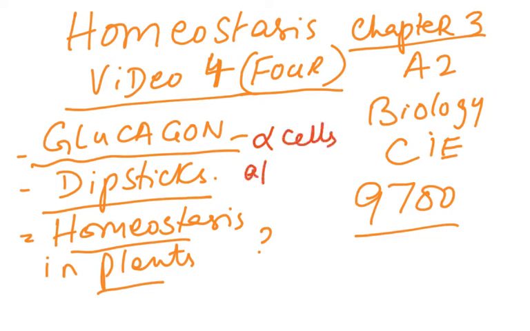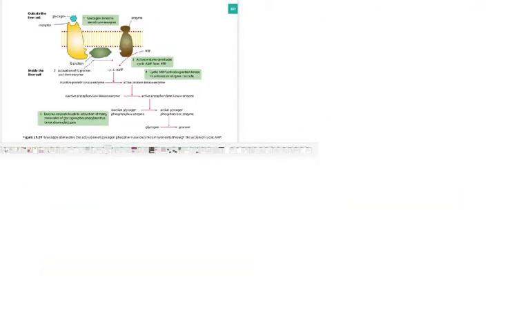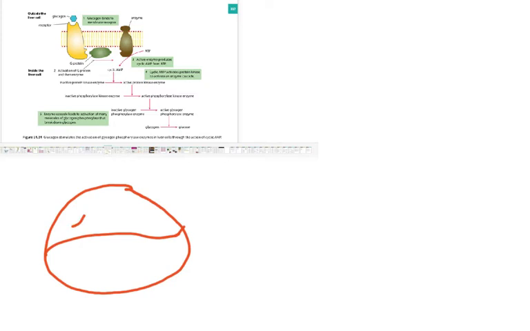So if you're going to write it in words, you have to write alpha cells. Please do not write A cells. So alpha cells, and if you remember, we just talked in the previous video that there are these islets of Langerhans, and the islets of Langerhans have two types of cells, alpha cells and beta cells. Now what you have to remember is that when your blood glucose falls,